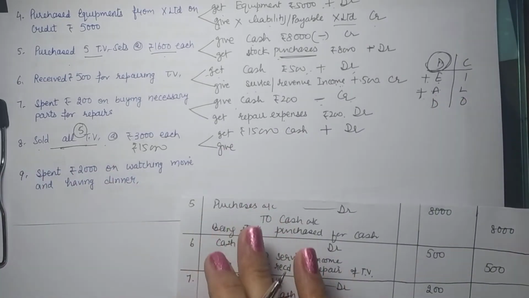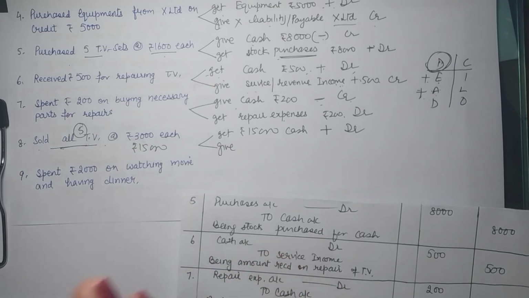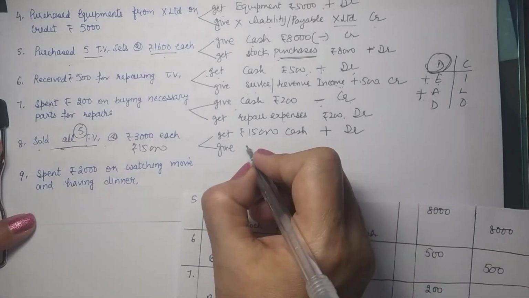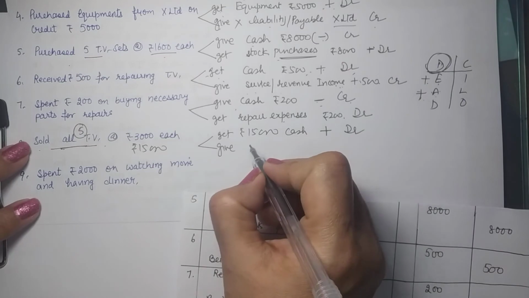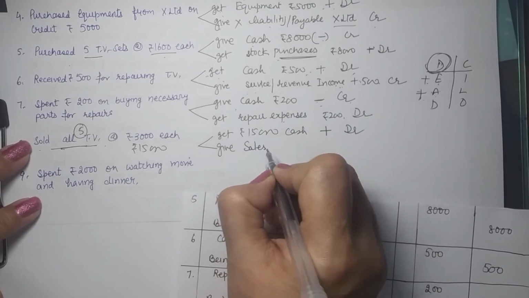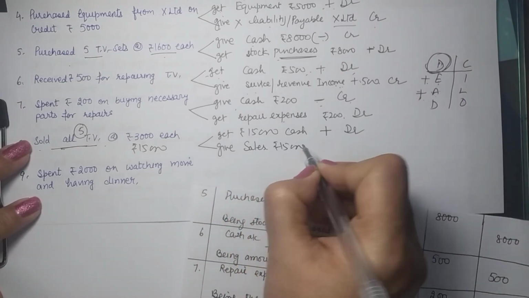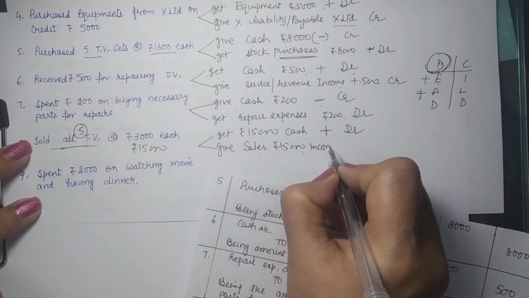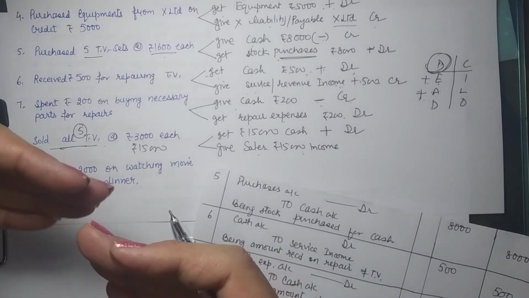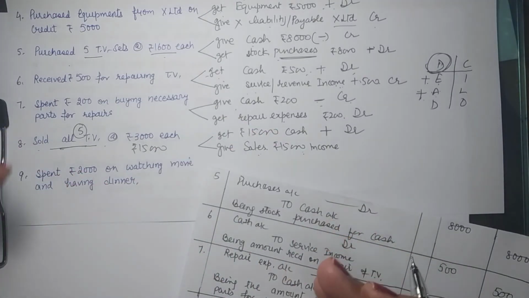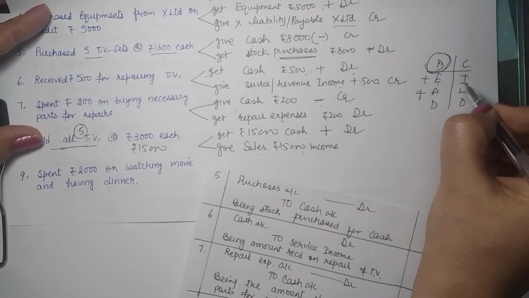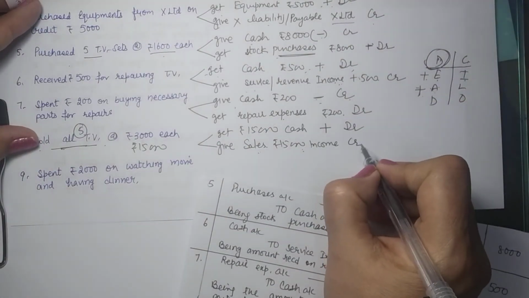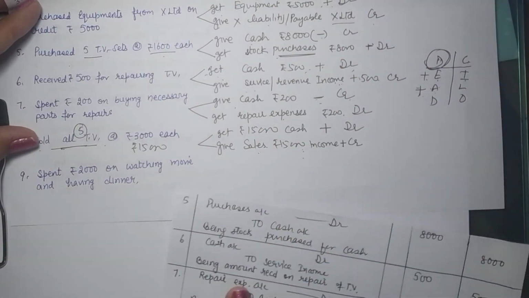Assets positives are debit. So what do we give? We give away stock. Now when we give away stock, it is a trade. Purchase and sale. So when we are indulging in trade, purchase and sale, it is referred to as purchase account, sales account. So we got sales of 15,000. So it is a revenue, income. You got cash on account of an income. So income is to be credited. Whenever there is an income, it is credited.